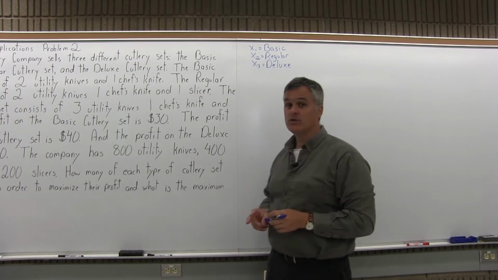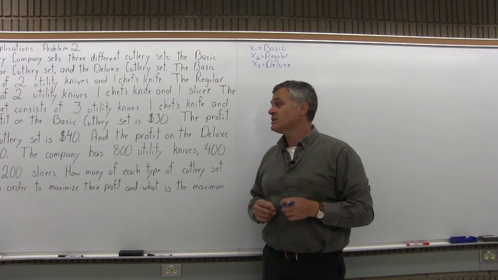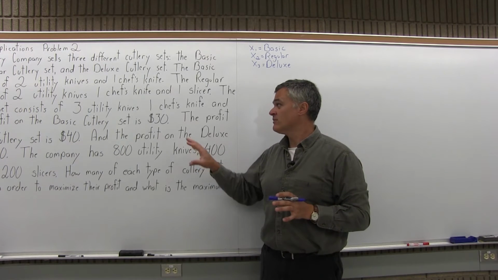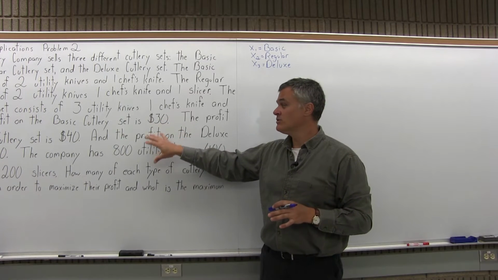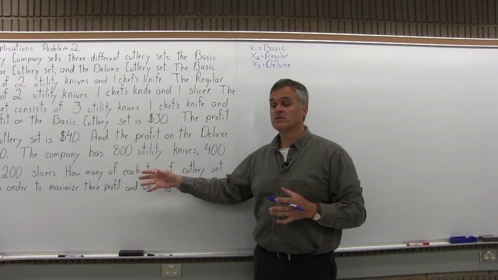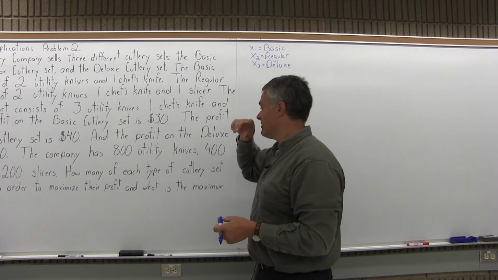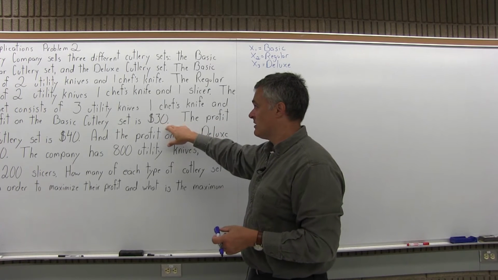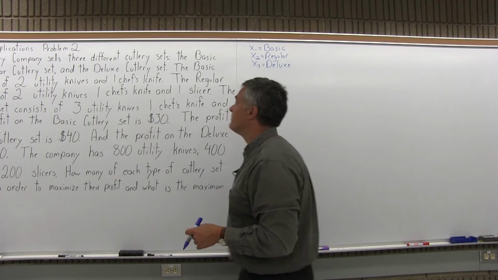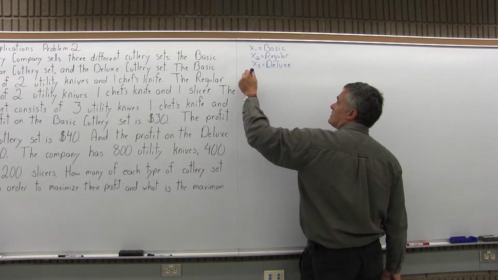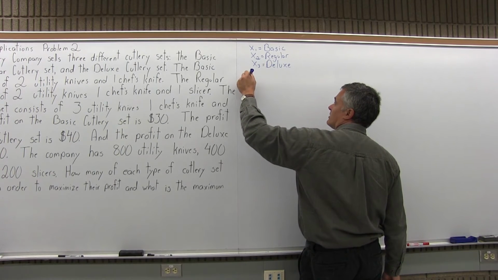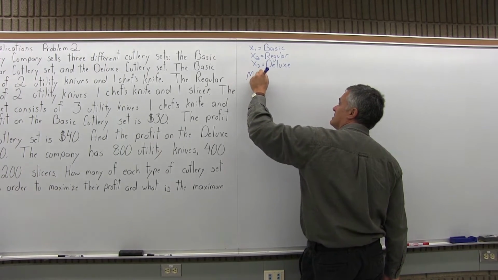So step 2 is write the objective function, which involves looking for information that's usually about profit, usually near the end. Again, this problem is reasonably typical. Near the end of it, or starting about halfway through, you can find the information about profit. So in terms of the objective function, we're going to write maximize